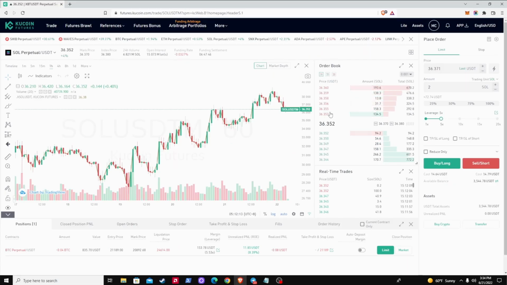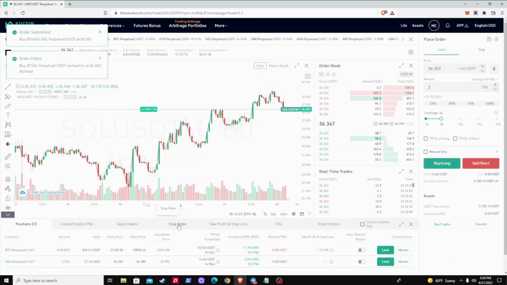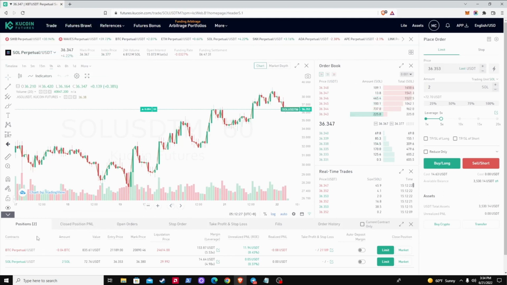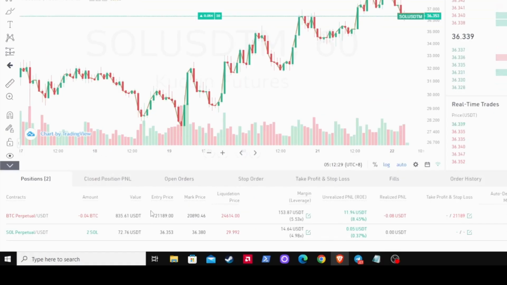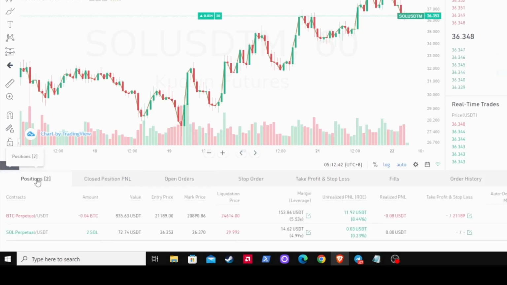We're going to go ahead and click the last price right here on the top, and then I'm going to go, actually, yeah, that's what I want. And I'm going to hit long. We're going to go ahead and hit buy. Now, if the position fills right away, which it did, it's going to show up under positions. Obviously, if it was still waiting to fill, it would be under open orders and you would see that sitting there. You could always cancel that. There's an option once that's there to cancel if you changed your mind, or you want to change the price, and so on and so forth.